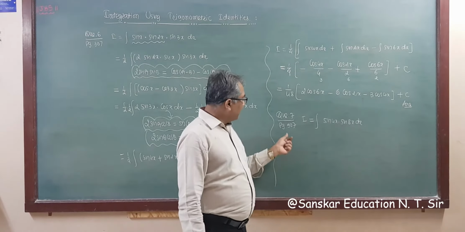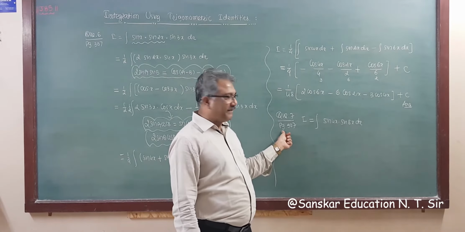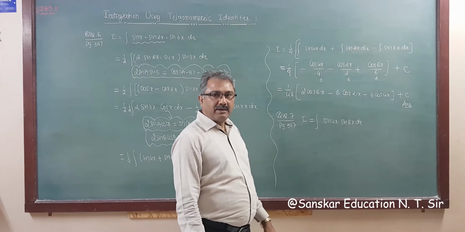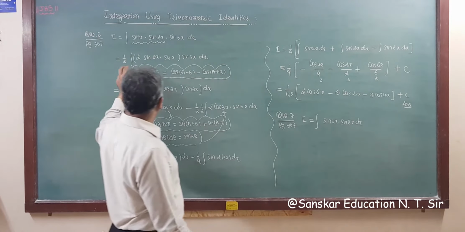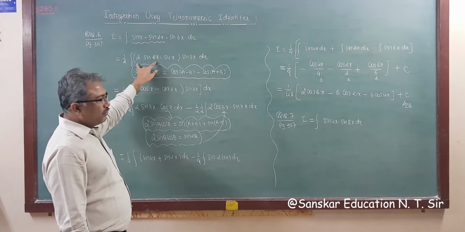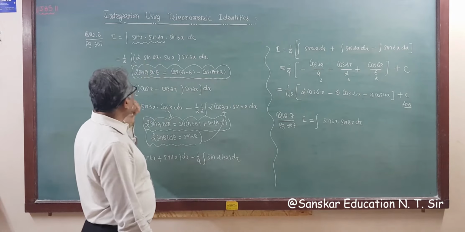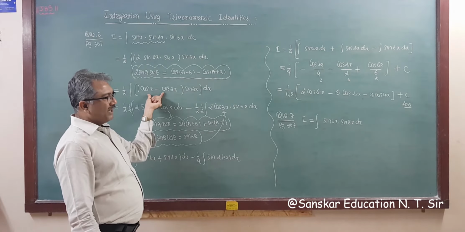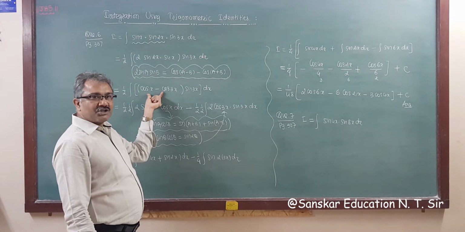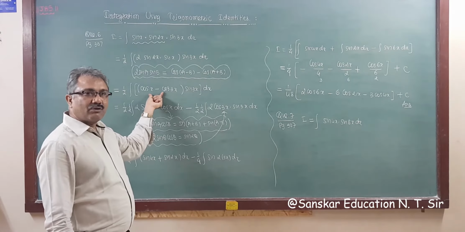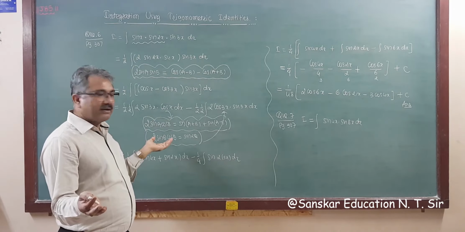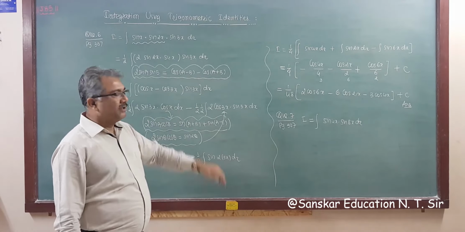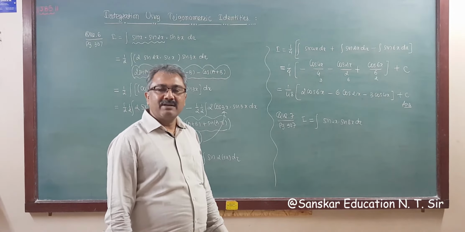Got it? Next question is question number 7, page 307. I is equal to integration of sin 4x sin 8x dx. Right? This is the same as before. If you divide and multiply by 2, then this becomes 2 sin a sin b. Applying this formula, you will get the answer in terms of cos 4x and cos 12x. And integrating cos 4x and cos 12x, the integration of cos is sin. So sin 4x by 4 and sin 12x by 12.